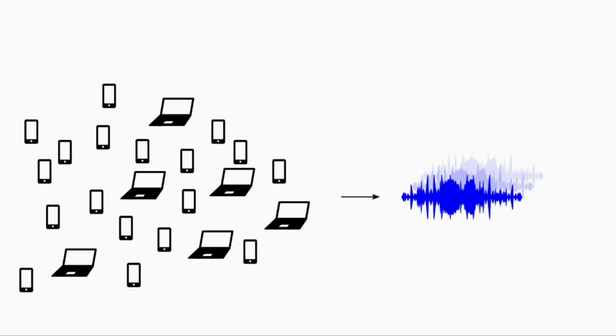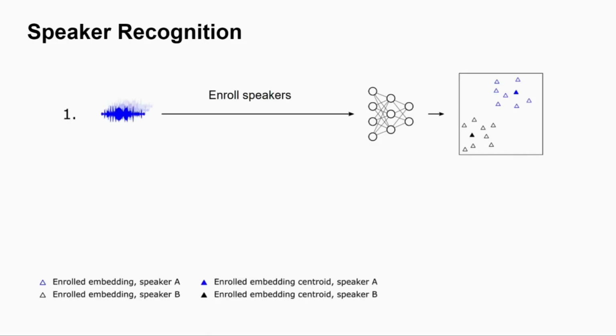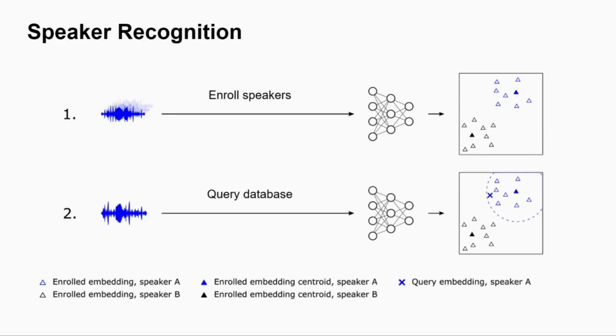In the absence of identifying metadata, automatic speaker recognition systems can facilitate mass surveillance of voice communications by allowing an operator to identify individuals in recordings. Such systems typically use neural networks to map recorded utterances to an embedding space in which distance corresponds to speaker similarity. Given a database of enrolled utterances from known speakers, query audio from an unknown speaker can be embedded and scored for similarity against the enrolled utterances.